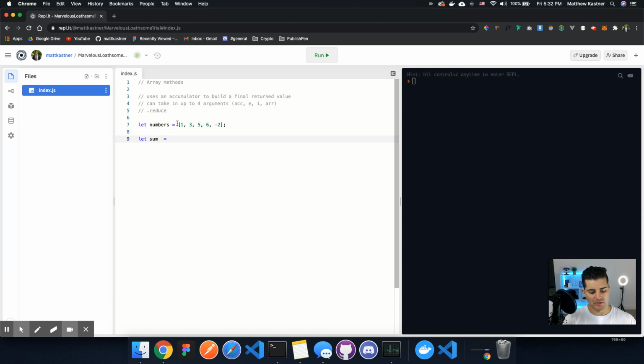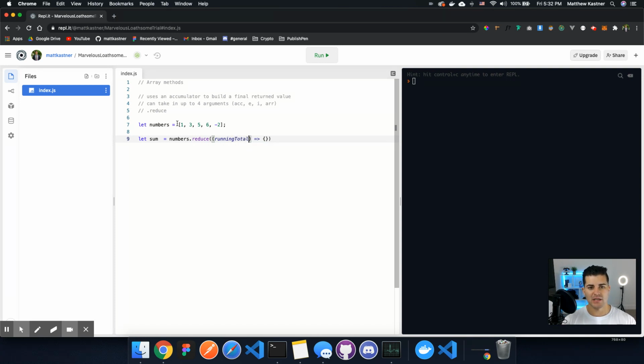And so what I'm going to do is write numbers dot reduce. And reduce, like all of the others, we want to write the syntax correct before we do anything. So I'll put my callback in there. Now, I could put in ACC, E, I, and R, or the accumulator, the element, the index, and the array, which can be named whatever you want. In this case, I want to call it the accumulator, the running total, because it's not the sum until the